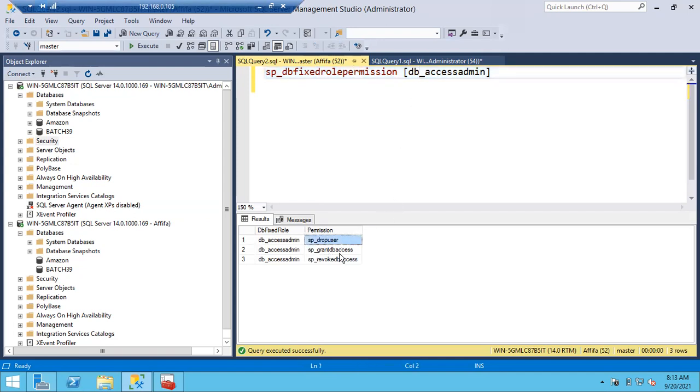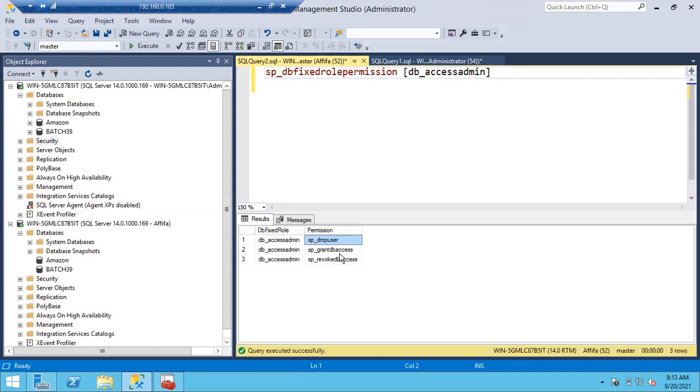It can drop users from the database. It can grant database access to any user. It can revoke database access, of course, meaning it can take back permissions. So it can drop other users, and it can grant and revoke database access.